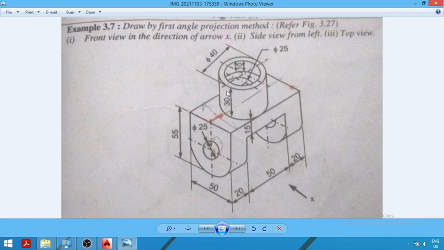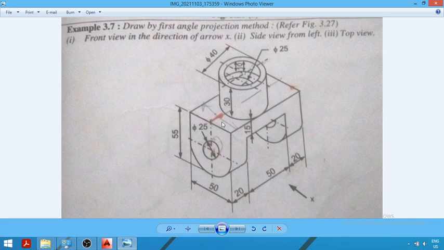Similarly, if we observe this cylinder from the left hand side view, the projection will be rectangular in shape. But if we observe this cylinder from the top view, the projection will be circular. So, whenever there is a cylinder, we will project the cylinder as a rectangle in two views, and in the third view we have to show the circles. So, we will draw this rectangle in the next step.